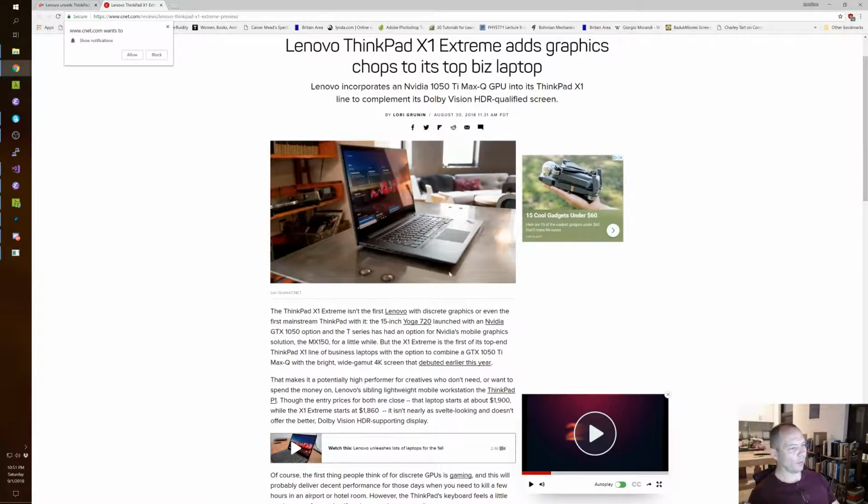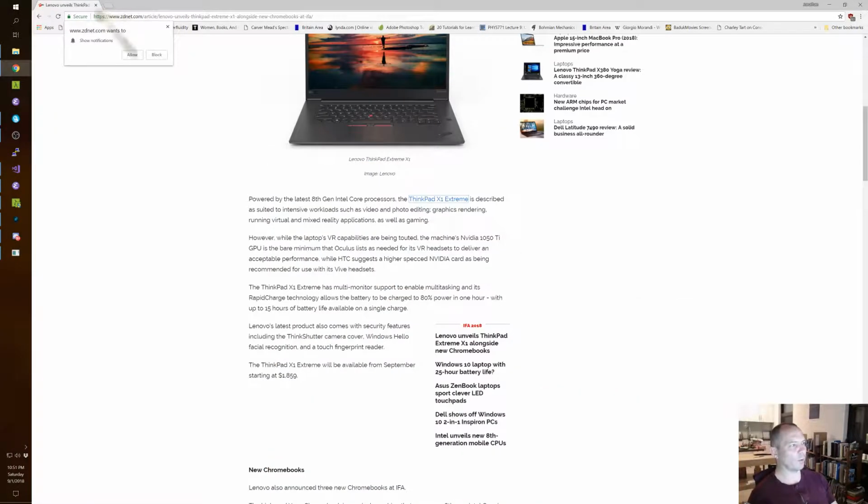It seems about the same as the P1 that I bought, so I don't know what the difference is. I don't have the P1 yet, but you know.